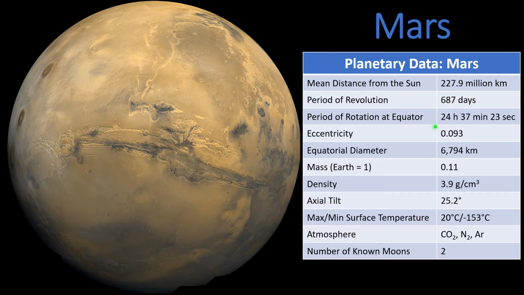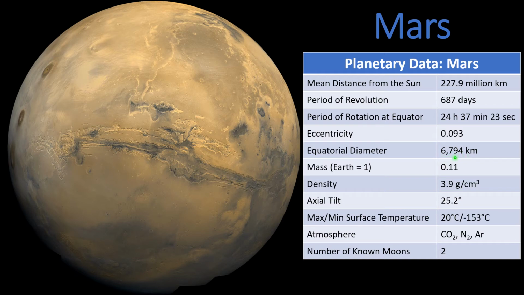At the equator, it takes 24 hours, 37 minutes, and 23 seconds to make one rotation. So the periods of day and night on Mars are longer than they are on Earth by a little bit. It has a slightly more eccentric orbit, which means it's not as round as the Earth's. It's smaller than the Earth. Its diameter is about roughly half the size,